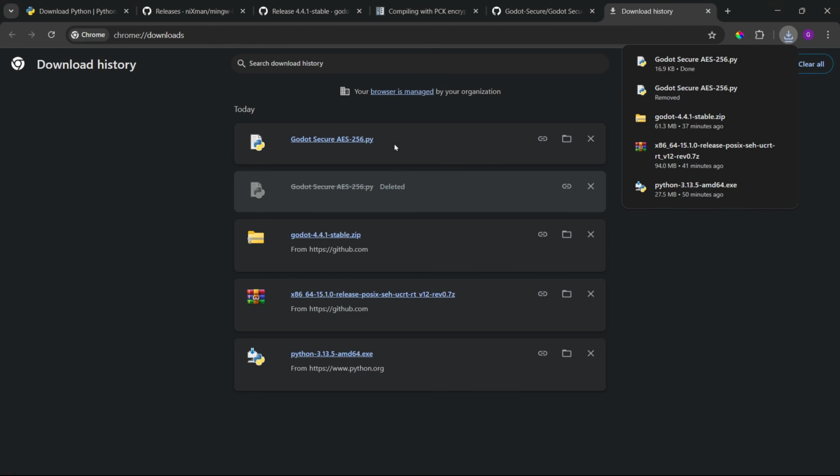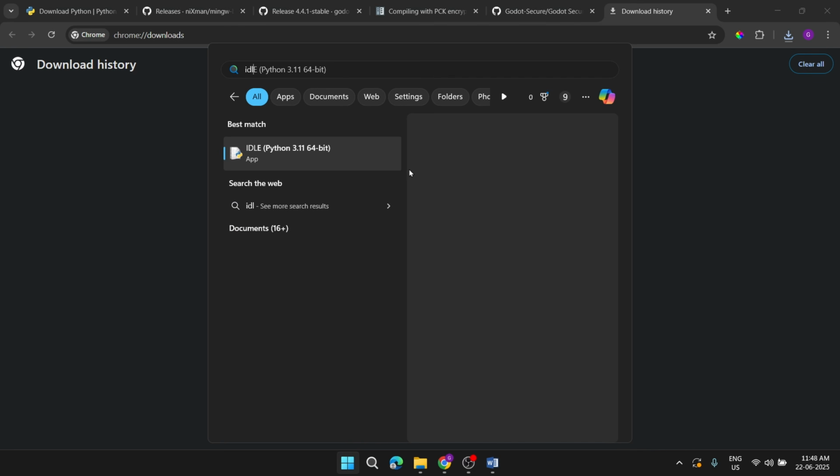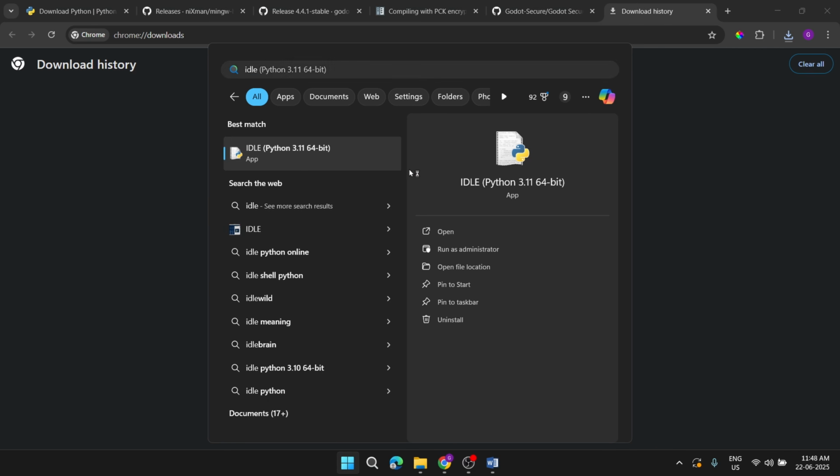And yes, this is downloaded. So now, before actually encrypting our Godot export templates, we need the encryption key. To generate the encryption key, we will be using the Python that we just installed. If you don't want to use Python, you can use any other encryption key generator, but since it's easy in Python, we will be opening the IDLE,